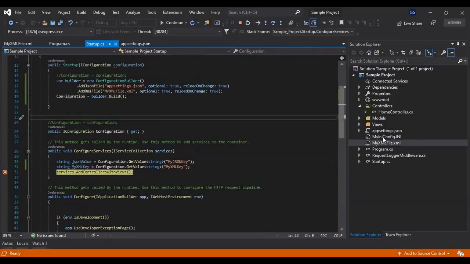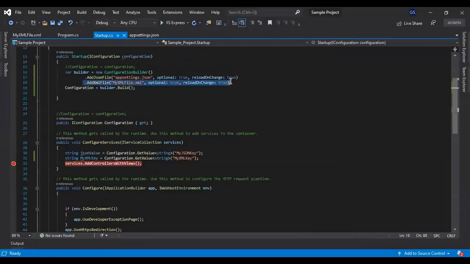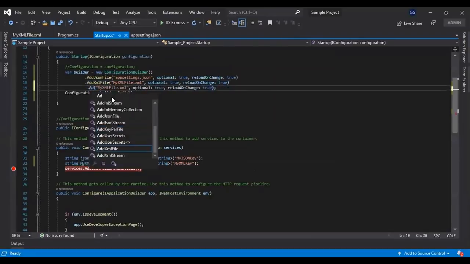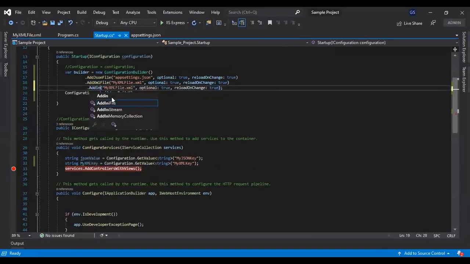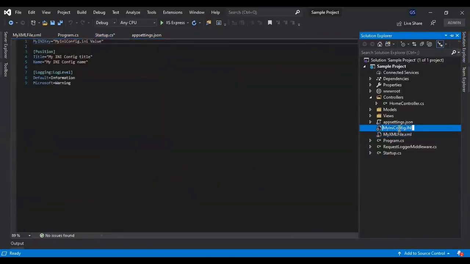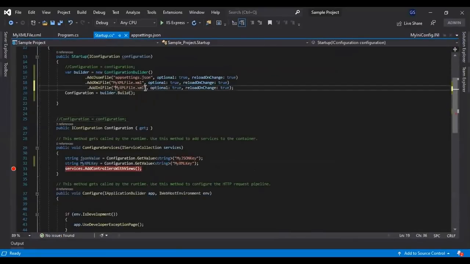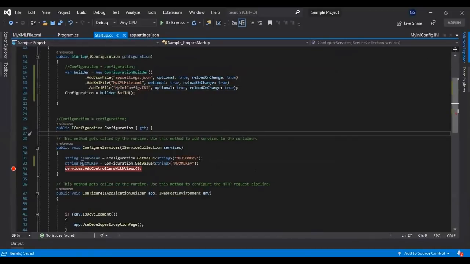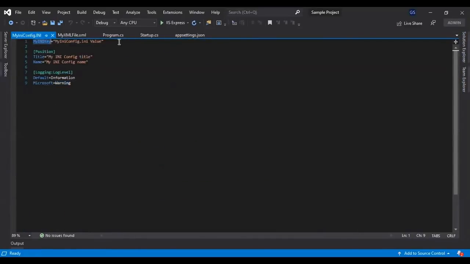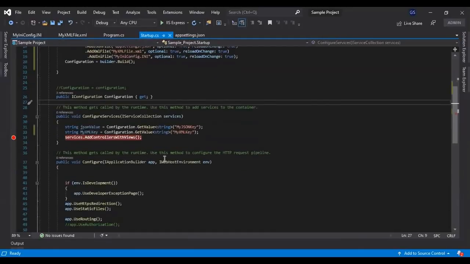So let's see how to add an INI file to the configuration. In a similar way, we have a method AddIniFile, and we give the name of our INI file. I have created this file, and inside the INI file we have the key myINIKey.